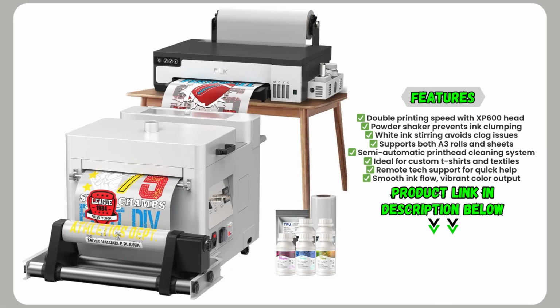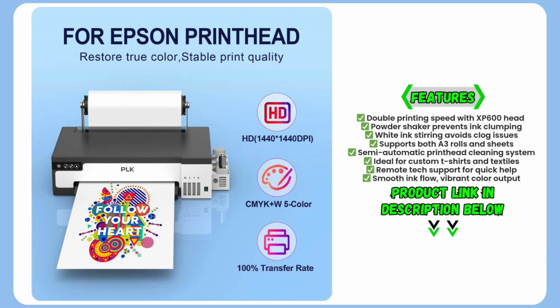The PLK A3 DTF printer is a high-performance solution built for professionals and hobbyists looking to elevate their textile and